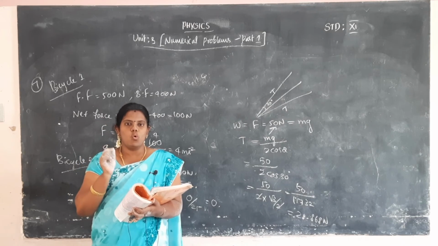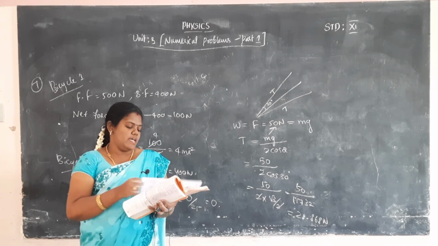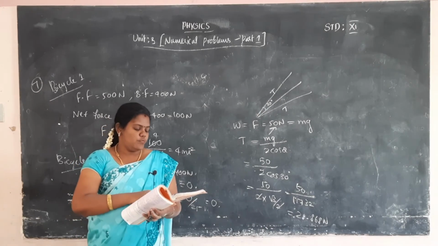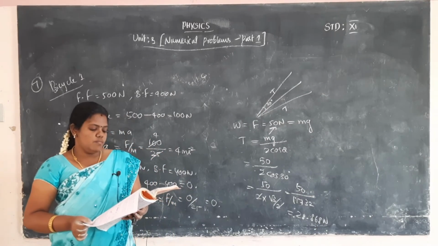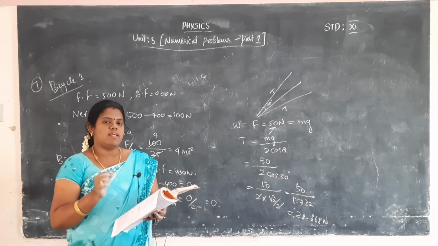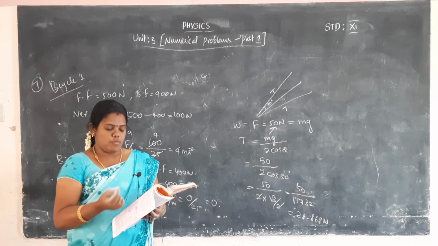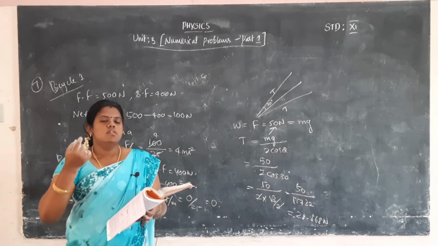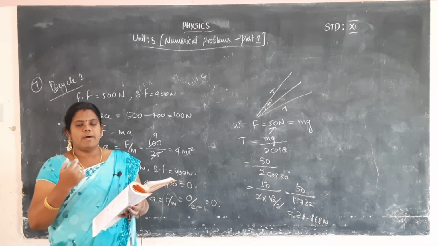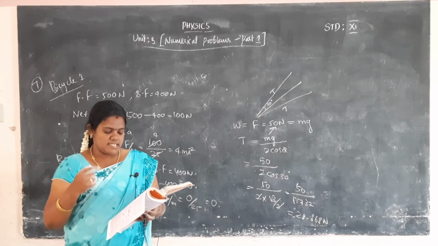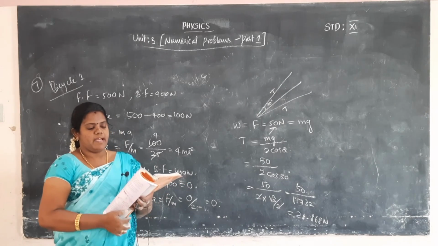I explained the 1 to 8 problems except 6th problem. We have to note down all the steps involved in all these problems and then do the example problems also. Okay. So in the first numerical problem, we easily calculate the acceleration in x-axis and acceleration in y-axis by applying Newton's second law formula. And second problem, we easily calculate the tension acting on the web by the spider. The formula is T is equal to m into g. Substitute the m value and g value. Easily find out the tension acting on the string.